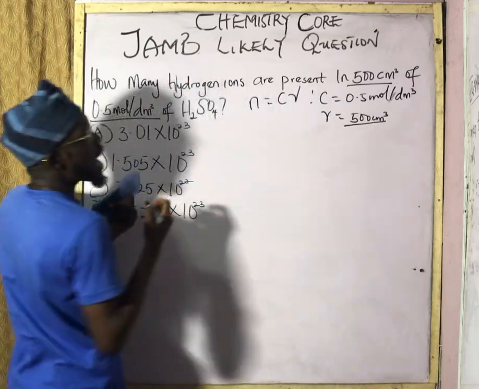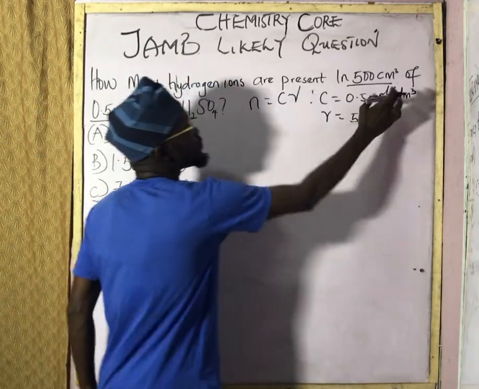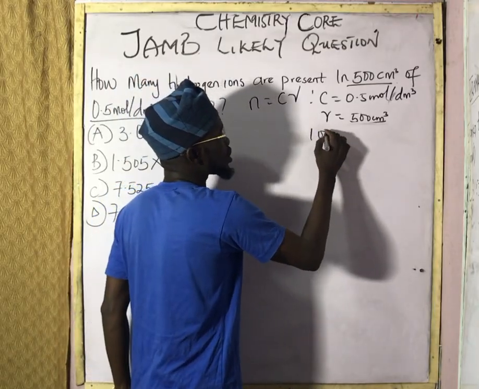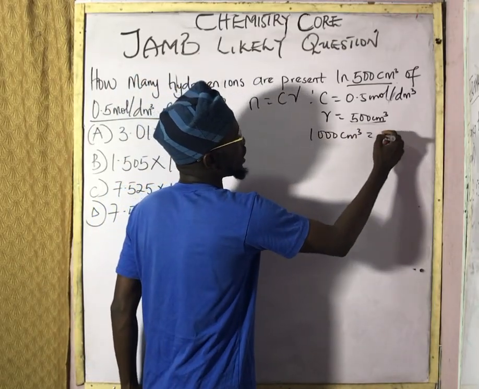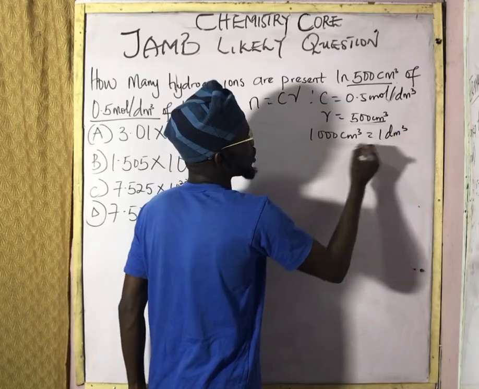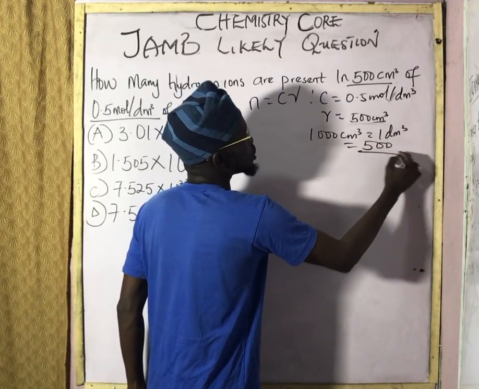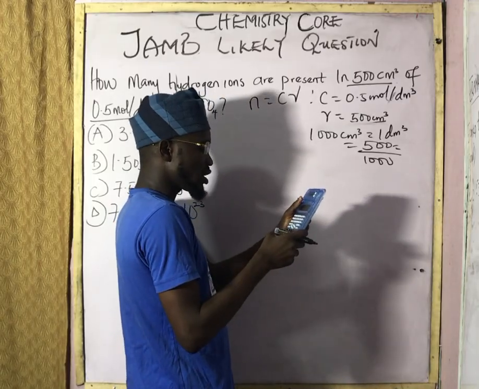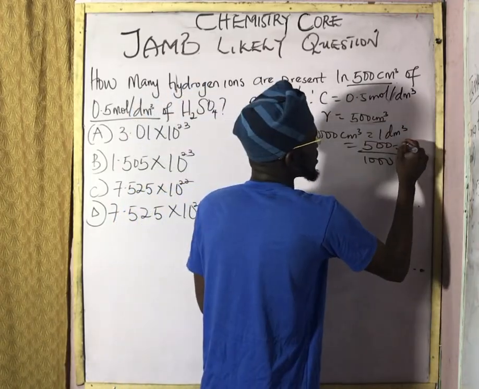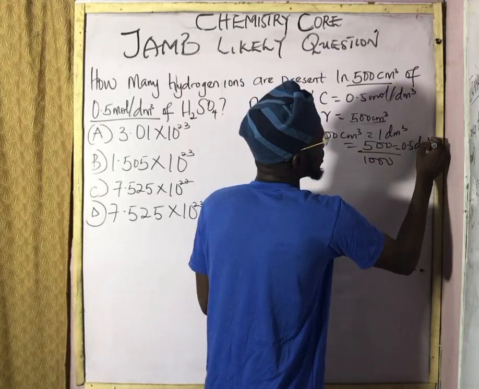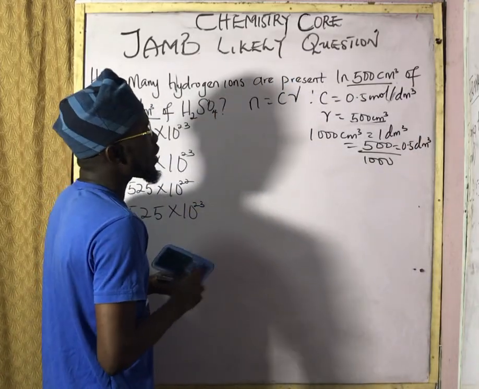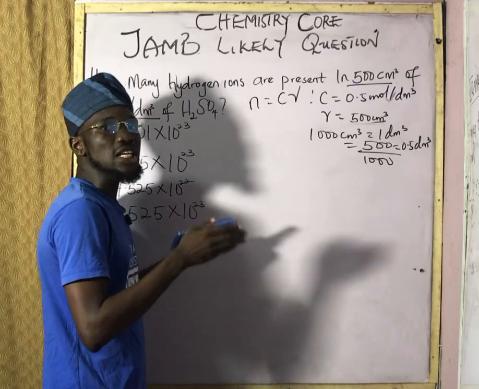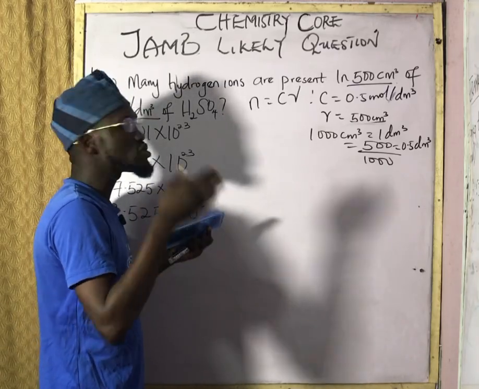So since our concentration here is in dm³, you know we said 1000 cm³ is equivalent to 1 dm³. In that case, we say 500 divided by 1000. So let's take it divided by 1000. We have 0.5 dm³. Now that our volume has been converted from cm³ down to dm³,